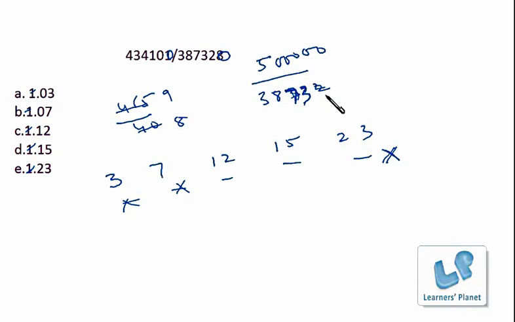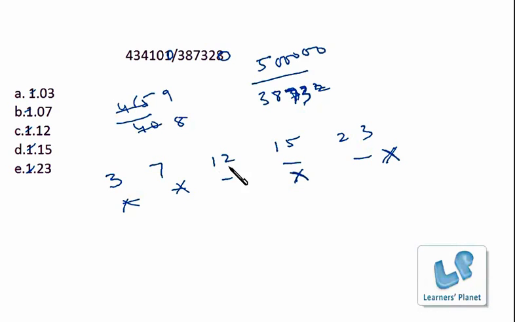Now let's calculate 15 times of this. 10 times of this is around 3,80,000, and for 5 times of this, half of this has to be added. So we will be adding 19,000 also. Half of 38,000 is 19,000, so 1.5 times will be 57,000, that is 38 plus 19. So 15 times will be 5,70,000, right? And we are having 5 lakh. So it's less than 5,70,000, so even this is not the correct choice, right?